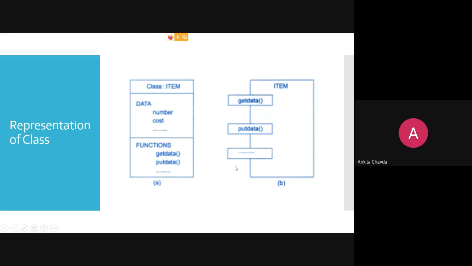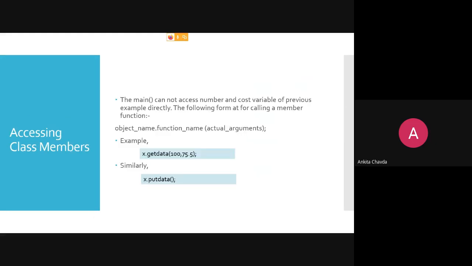These are the only entry points of your class item. You cannot access the data directly. You can only access the public member functions. So this is the representation of a class.